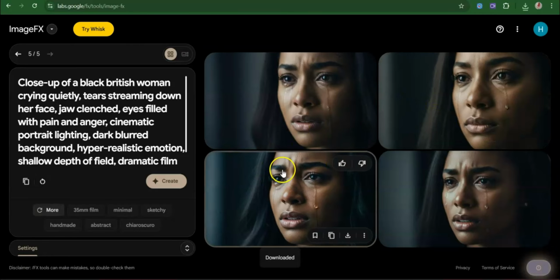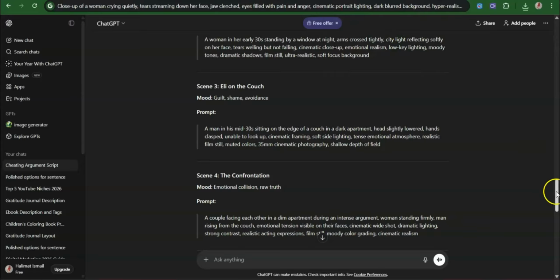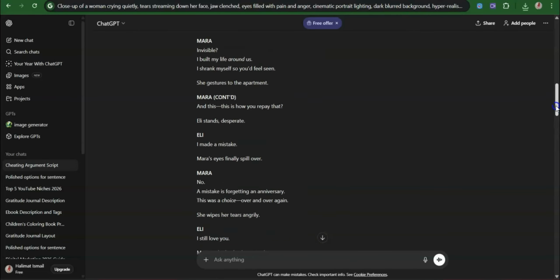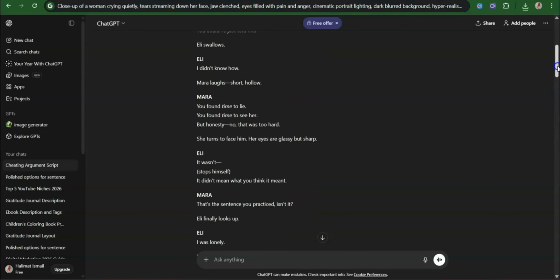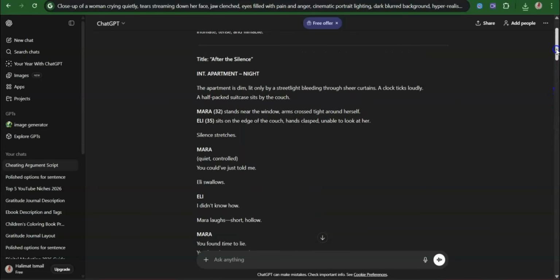So we have all our images generated. The next thing we're going to do is go back to ChatGPT first and make sure that we are on the parts where we have our scripts and what we want them to say. So we're going to just go back to the beginning because we need this. So something like this, and then we are going to